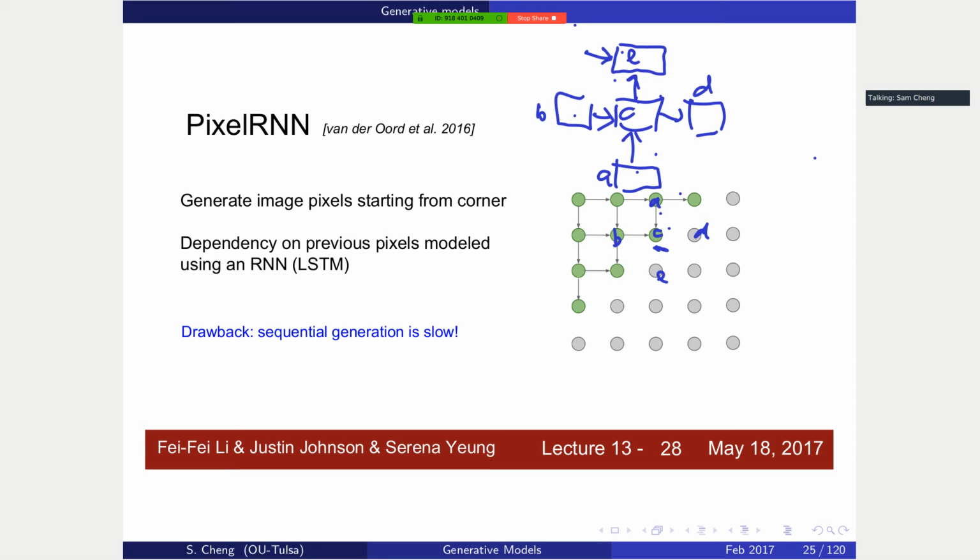So each of these units will be like an LSTM or RNN unit, and we'll take this as input, right? The inputs from here and here, and then you hope to generate output to here and here. The next state is sent to this guy and this guy, and then you just train each of these units. So given the input like this, you just give output like this, so that for each of these nodes we also should have